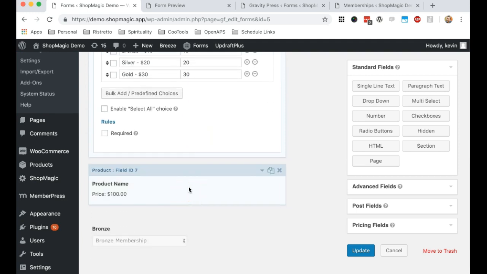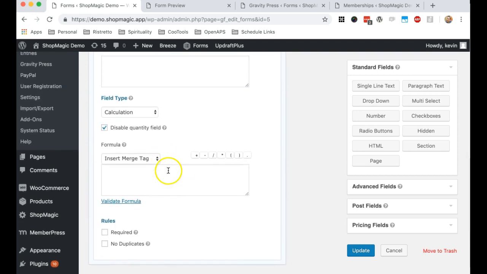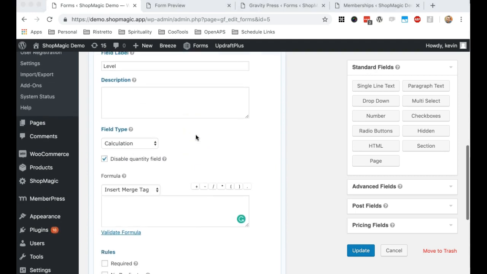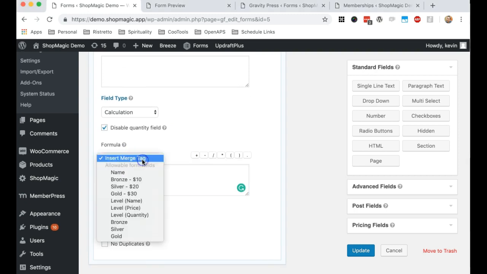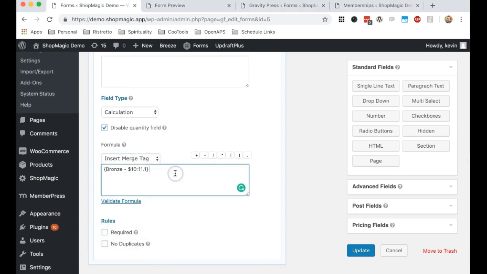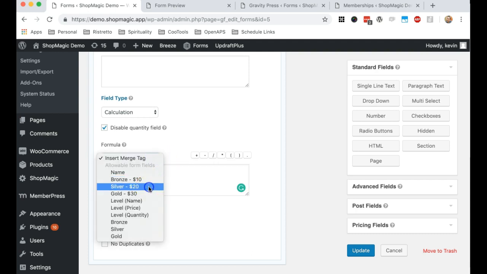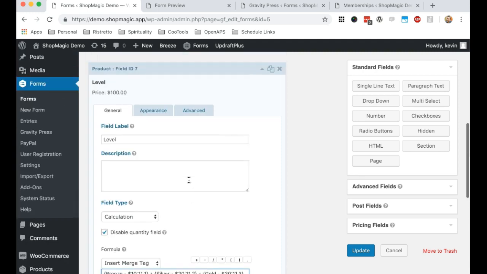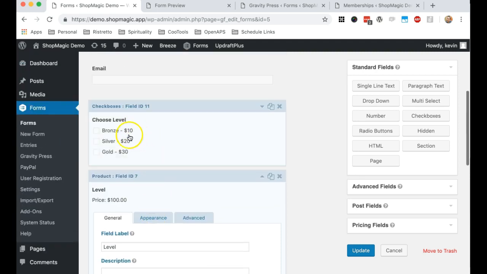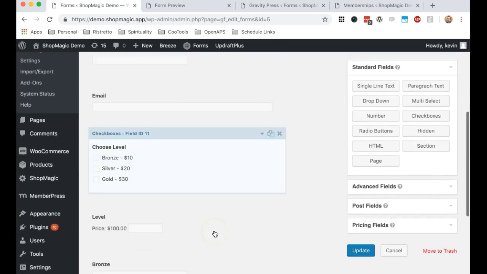And then I'm just going to do basically a calculation here. I'm going to go to formula, and I'm going to insert bronze plus silver plus gold. And what this will do is affect the total depending on which checkboxes were checked by the member, or by my new member. So if I update that